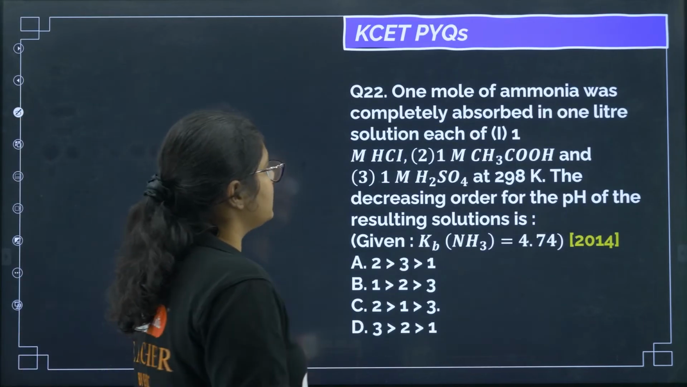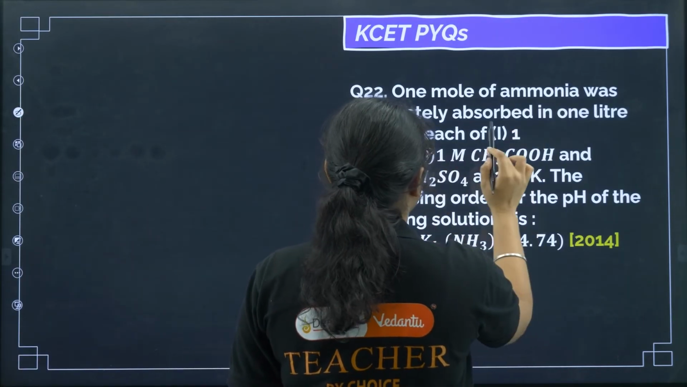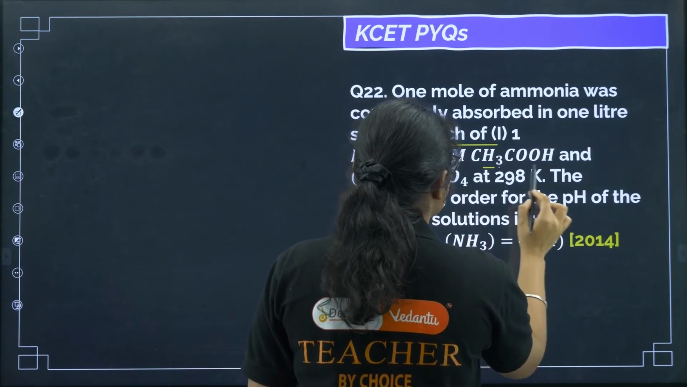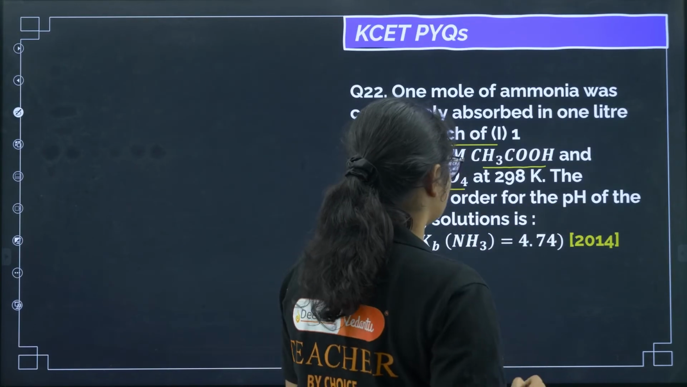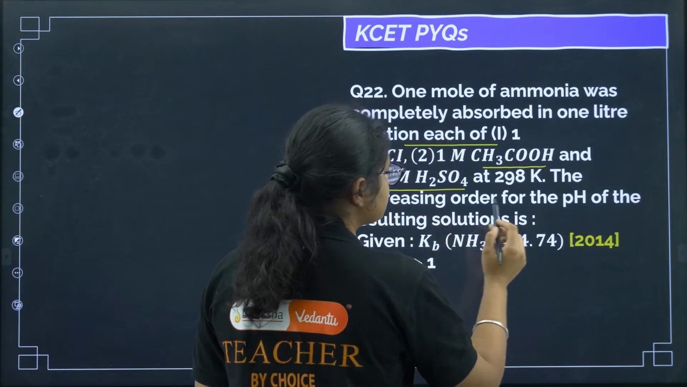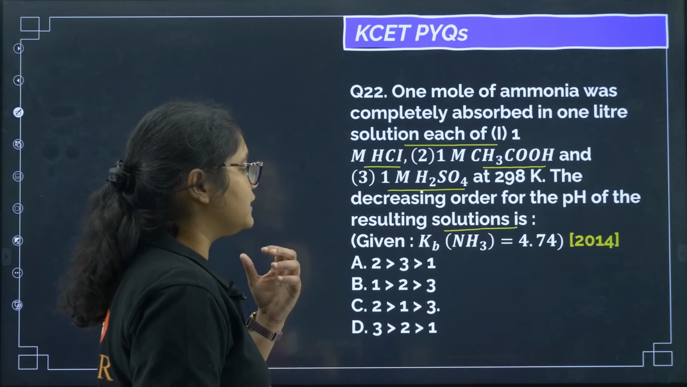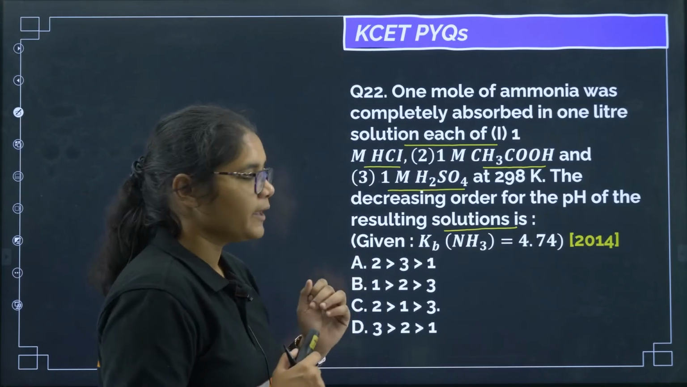Next, question number 22. 1 mole of ammonia is completely absorbed in 1 liter solution each of HCl, CH3COOH and H2SO4 at 298 Kelvin. The decreasing order of pH of the resulting solution is. You need to calculate the decreasing order of pH. Okay, now see,